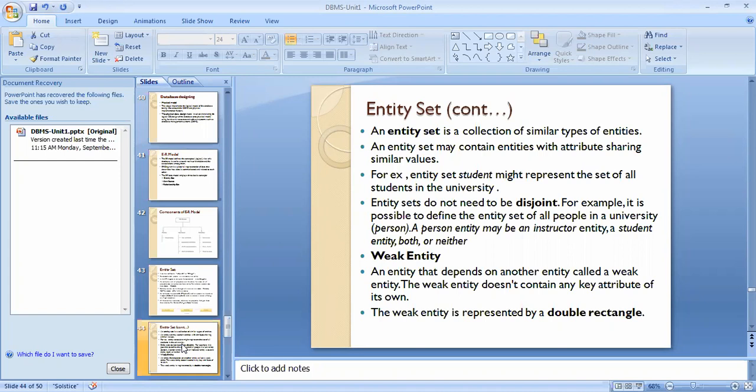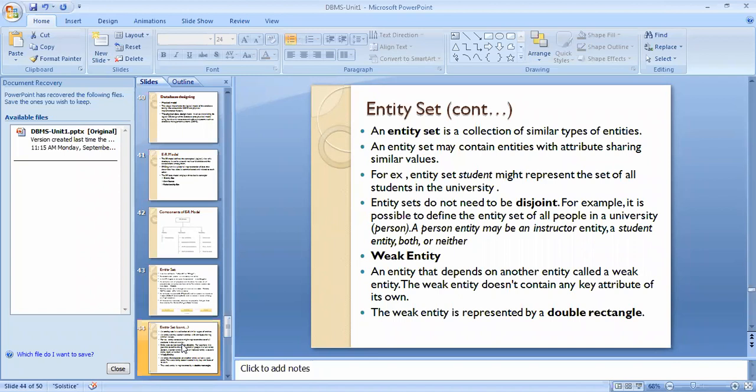The student table consists of a collection of similar types of entities, that is, the information about the different students. An entity set may contain entities with attributes sharing similar values. For example, the entity set student might represent the set of all students in the university.